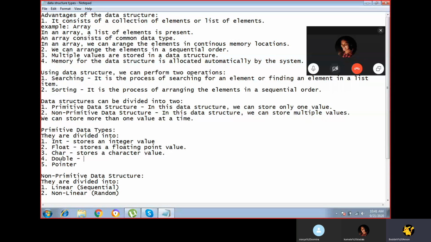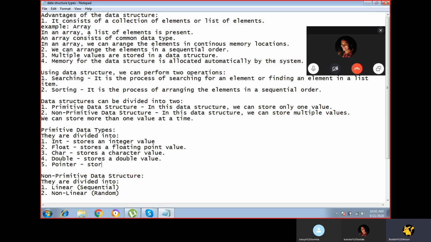And a double stores a double value, which is also a decimal value, consisting of floating point values. Coming to the pointer, it will store the address of the next variable.